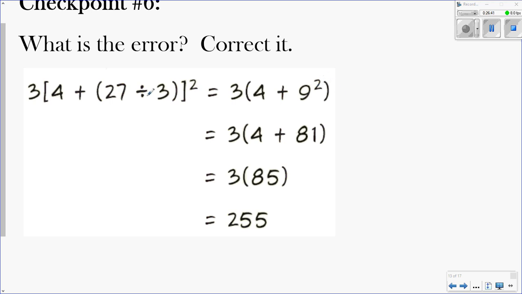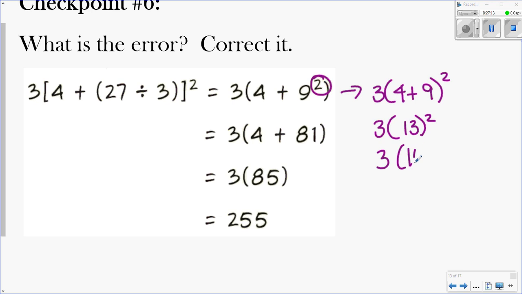That means that's not correct because this is telling you that you're squaring whatever is inside this whole bracket, the parentheses. So this is a mistake right there. So it's supposed to be 3 times 4 plus 9, and that whole thing inside would be squared. Then you continue with this,